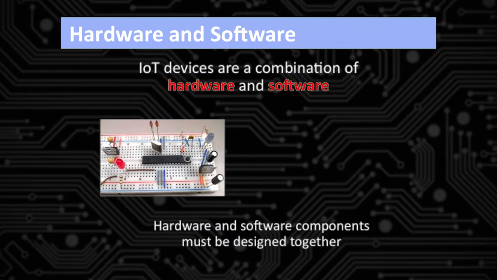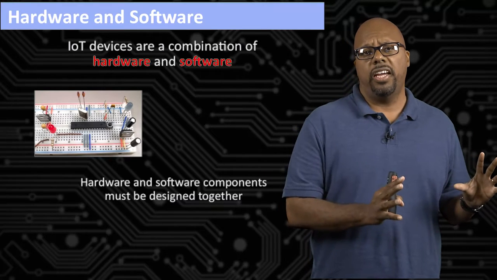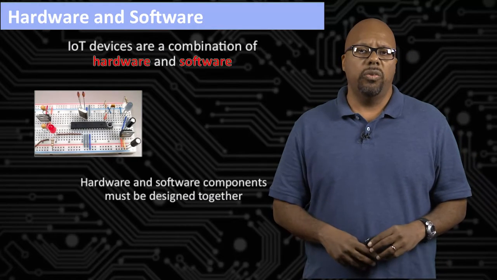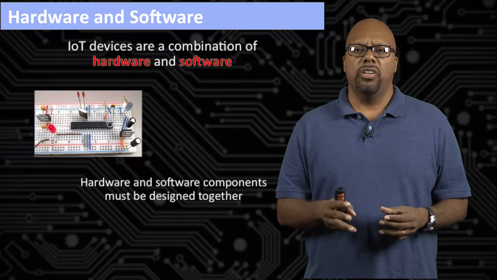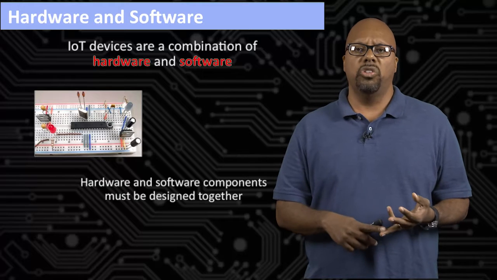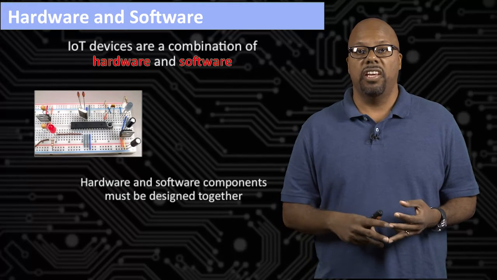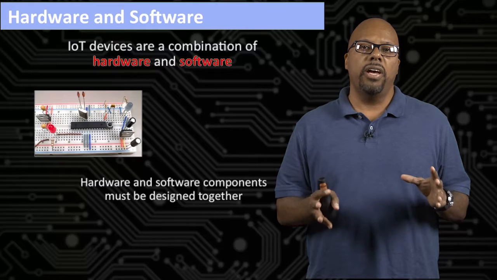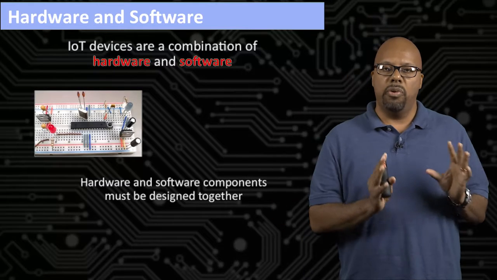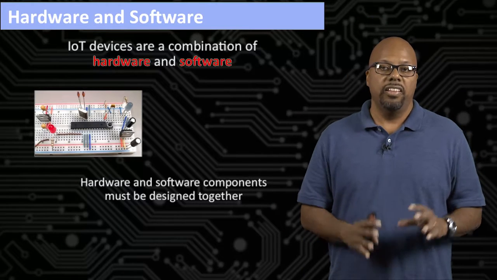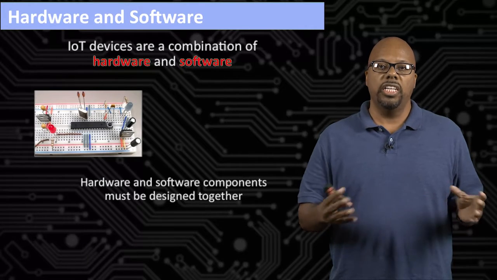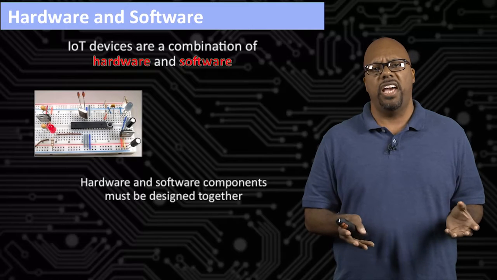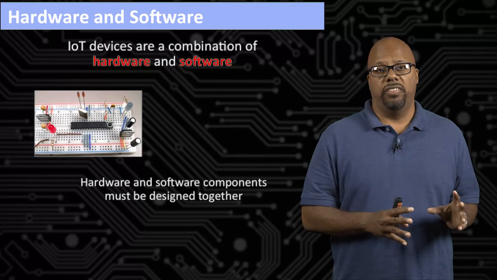So IoT devices are a combination of hardware and software. There's always a hardware part of the design, and you can see that here. We've got a breadboard, and the breadboard's got various components on it. It's got a microcontroller, LED, voltage regulator, capacitors I see, a bunch of different things, and they're all mounted into this breadboard. One aspect of the design is the hardware aspect that you can see right there, and that's basically a bunch of components that are wired together in some fashion, okay? So that's part of the design.